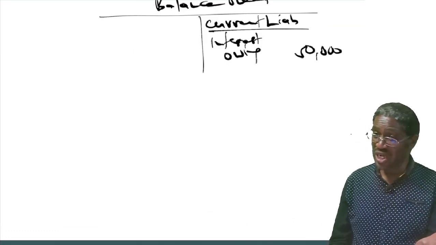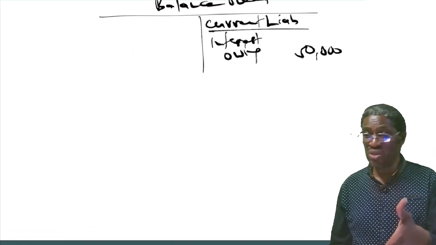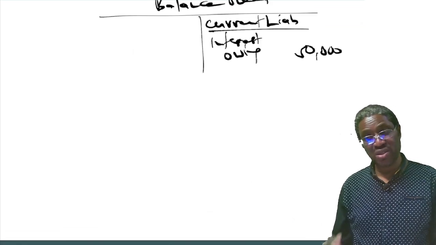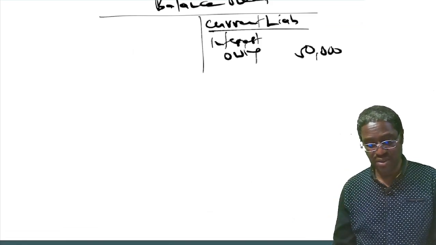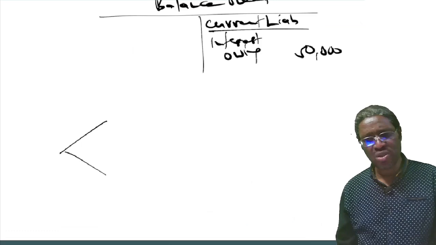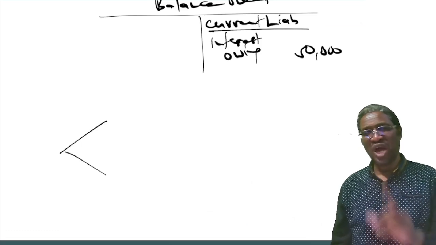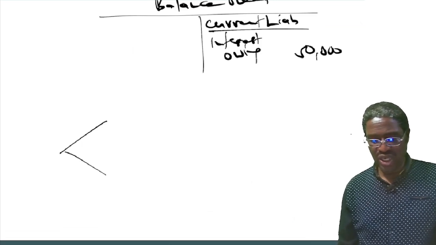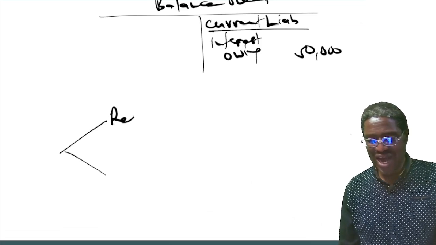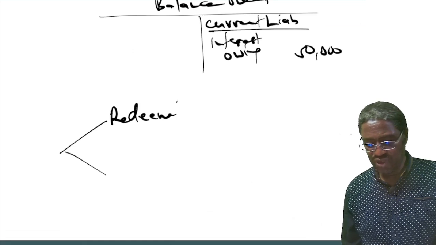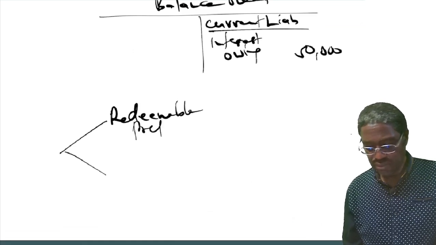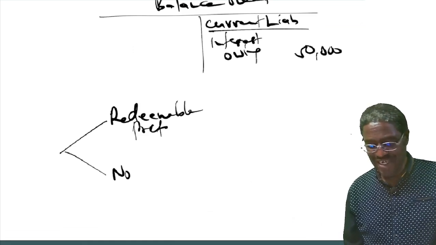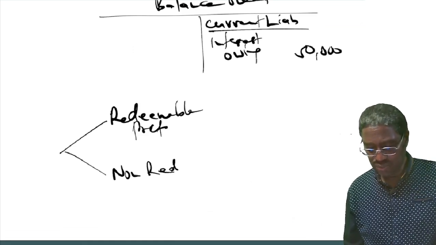You either issue ordinary shares, bonds, or debentures, or you can issue preference shares when you are raising finances. When you are issuing preference shares, we have two types that you can issue. You can issue what we call a redeemable preference share, or your company can issue a non-redeemable